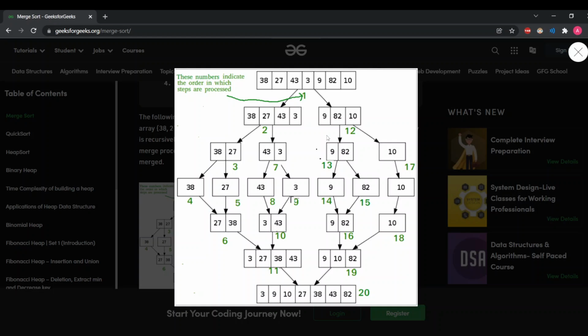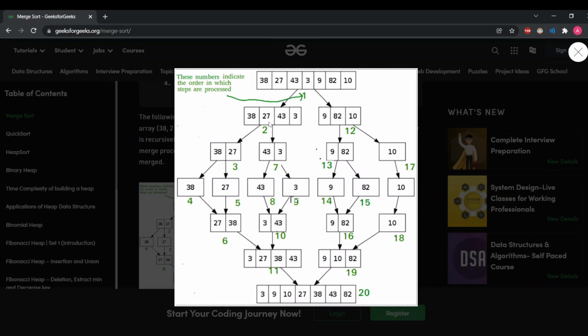In this example, we have 7 elements given to us. The first phase of the algorithm is splitting the array into subarrays until we have a single element. So the splitting phase starts. We'll split this array into two subarrays, the left subarray and the right subarray. In the left subarray there are 4 elements, and in the right we have 3 elements.